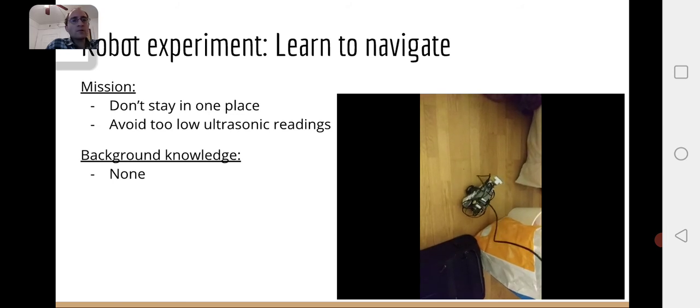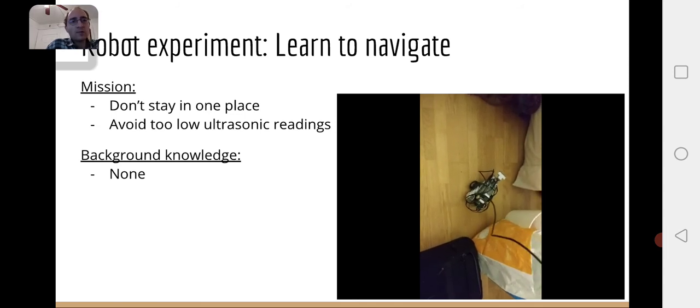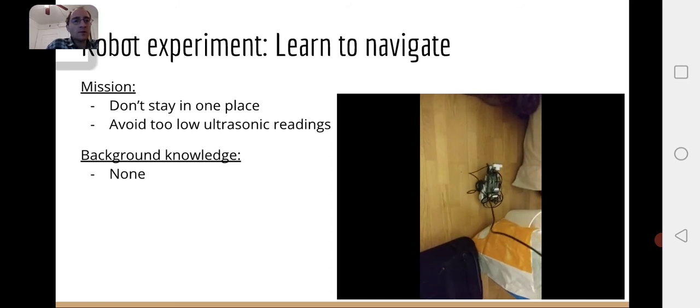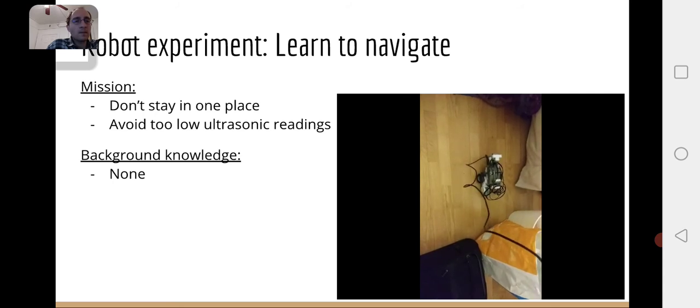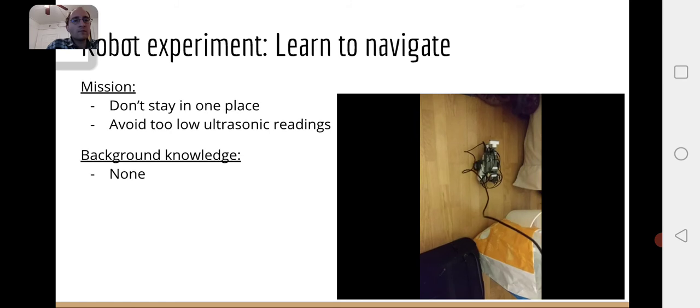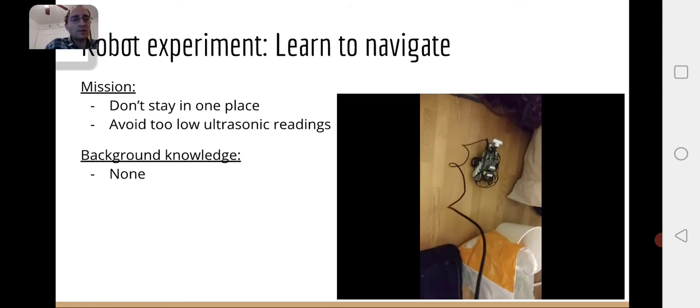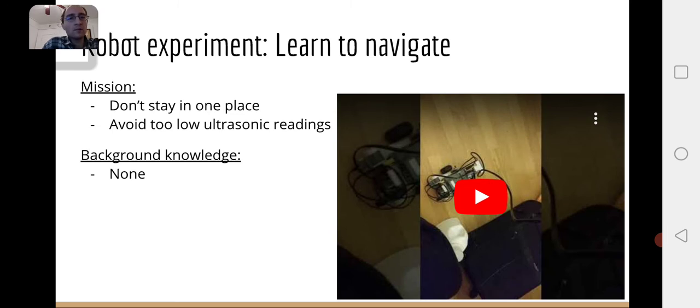In this version there was still the cable attached to the robot, because it took me some time to make sure that the Bluetooth connection works. We will see this later. So in this case it's connected to the PC. And also for this robot there is no camera attached, so it was just a first experiment. But now we will see